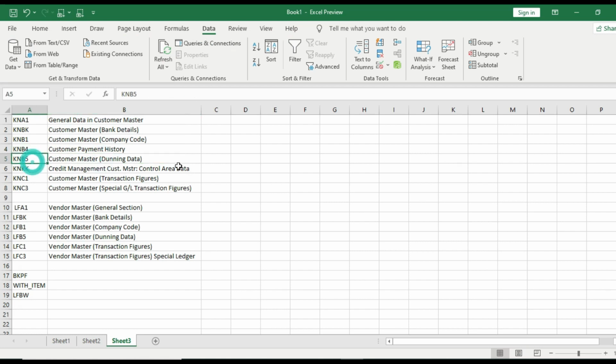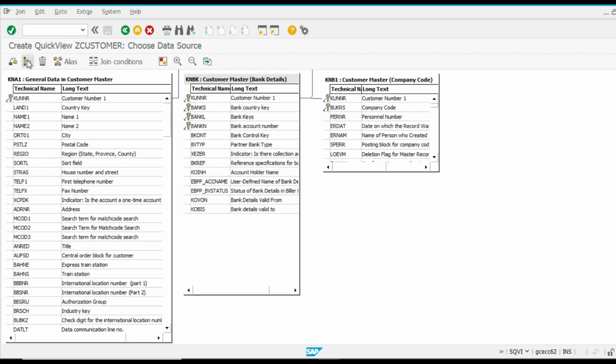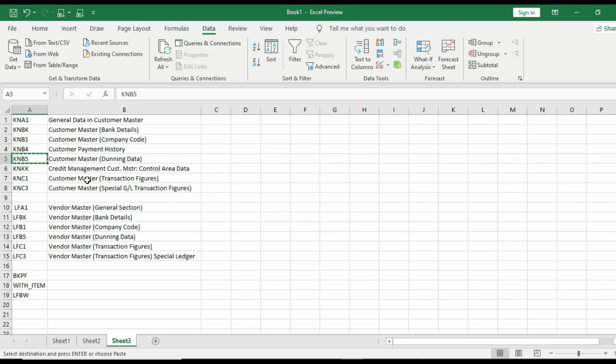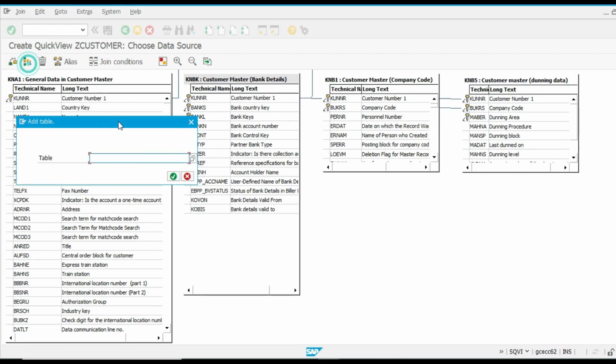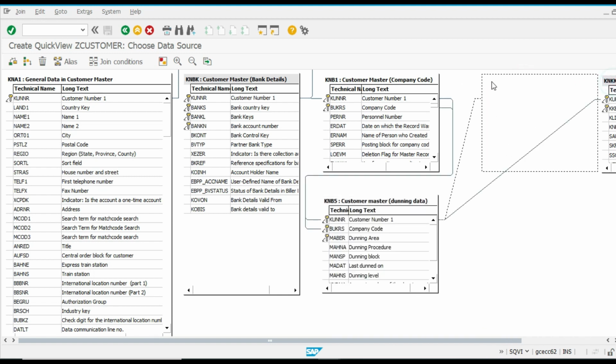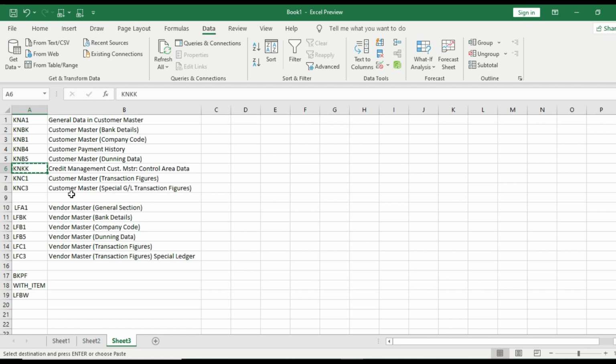Payment history, no, we are not going to take. KNB5, transactional, credit. Customer master transactional figure.